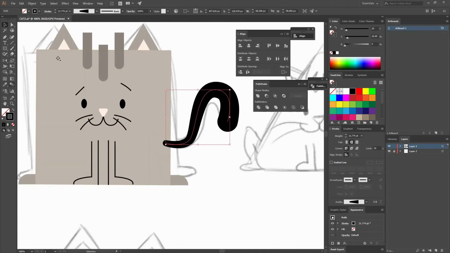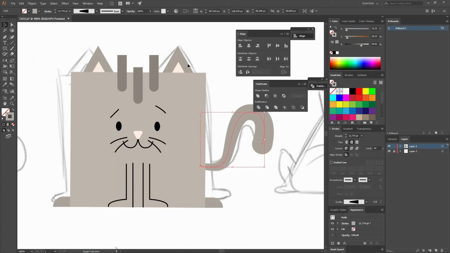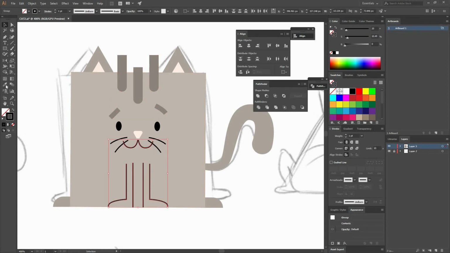Now I'm going to go to my tail, and remember that when you press Shift, you can only get the color and not the whole appearance. So let's group everything and increase the weight, something like that for the eyebrows, and you can see that I don't have to make a rectangle, and I group everything that shares the same color.